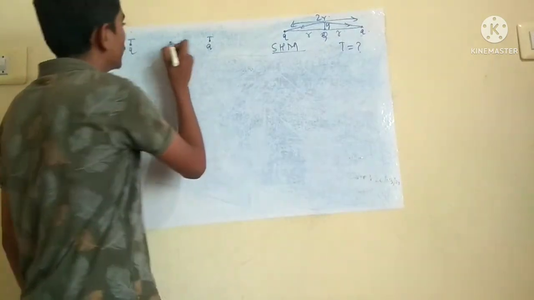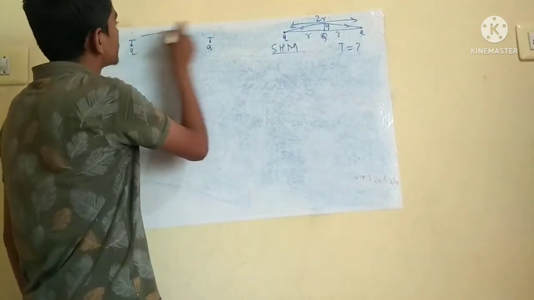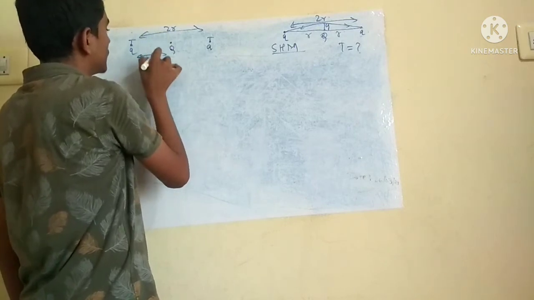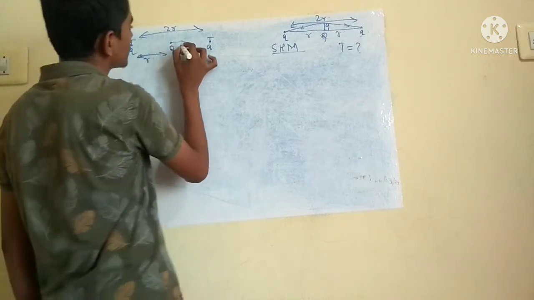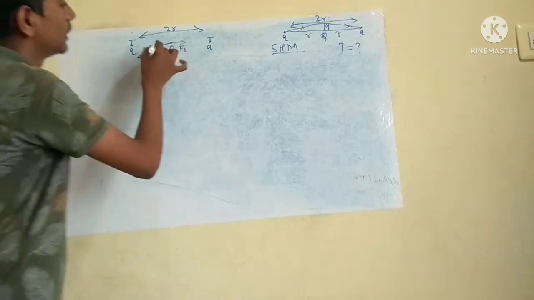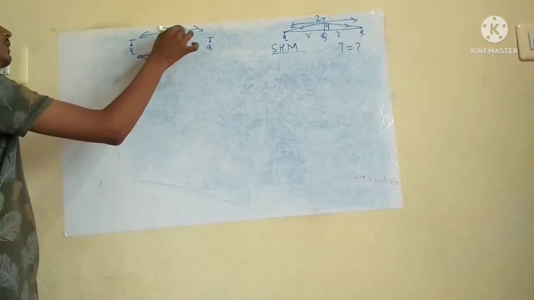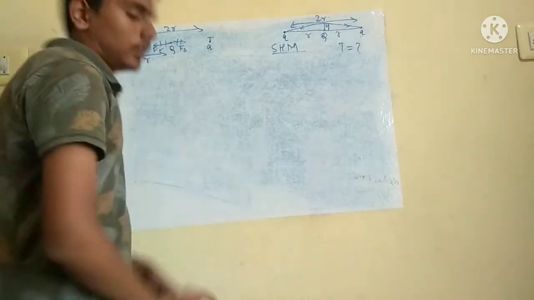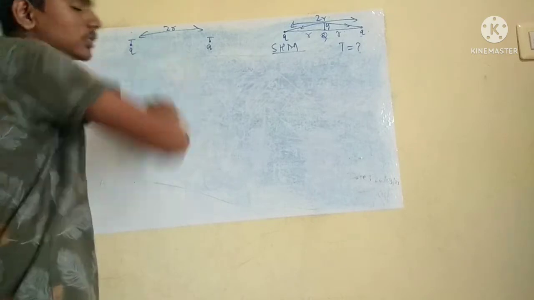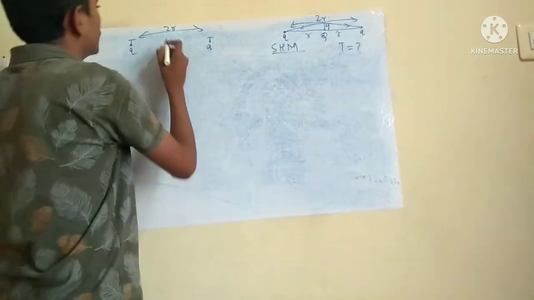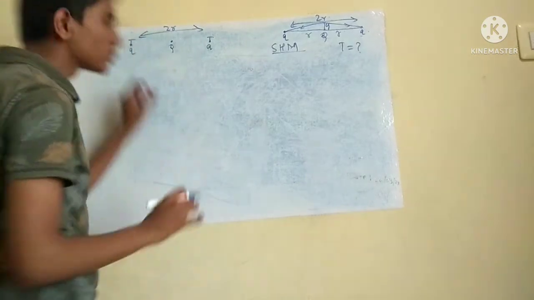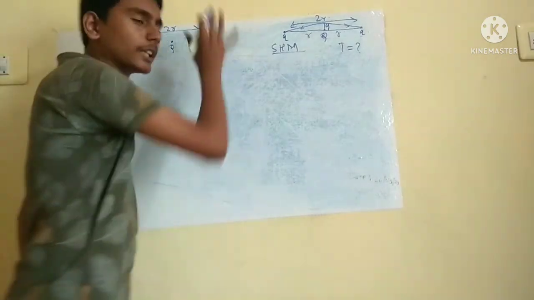Yes, sure. Why? Because consider this distance as 2r and this as r. Then here will be repulsion force due to this charge. Here will also be repulsion force due to this charge. They will cancel each other. Then it will be in equilibrium. Now in this case also, a question can be framed. How can it be framed? See here. If I displace it up to some distance y upside, then what happens?